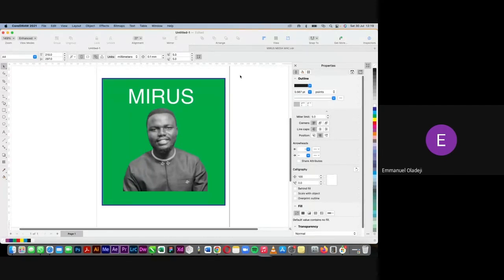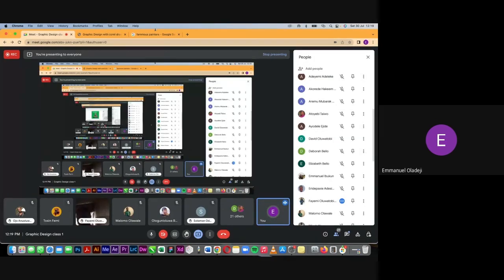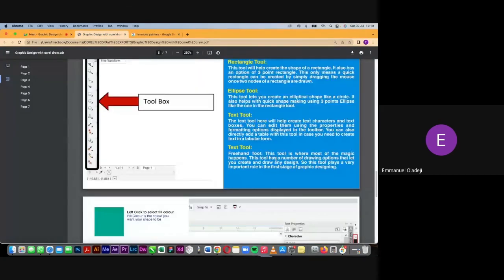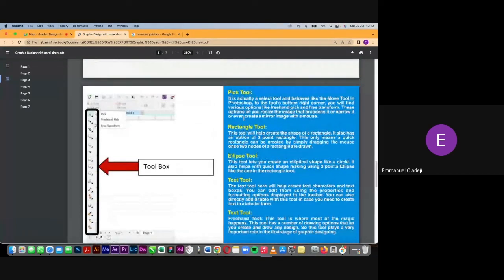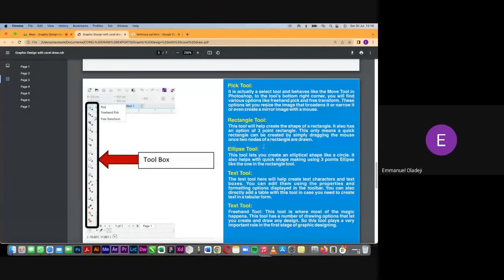You have all the tools. You have been able to execute the usage of 5 tools today here on my presentation. We have the Pick tool, which is the tool that allows you to work without using every other tool. And when you are done with those tools, you have to go back to the Pick tool in order to continue your work. You have the rectangle tool that allows you to draw shapes, rectangle or square, by clicking on Control or Command. And you have the ellipse tool, which is the circle tool that allows you to draw different forms of circle. You have the text tool that allows you